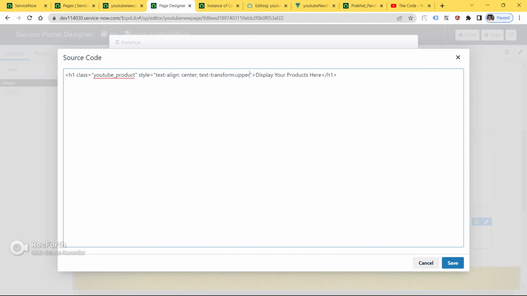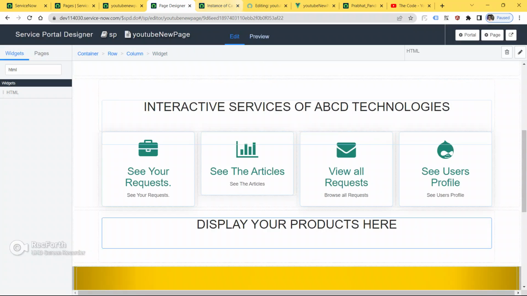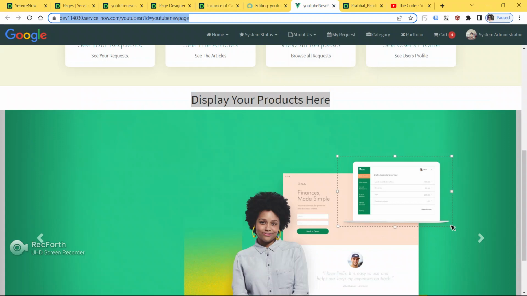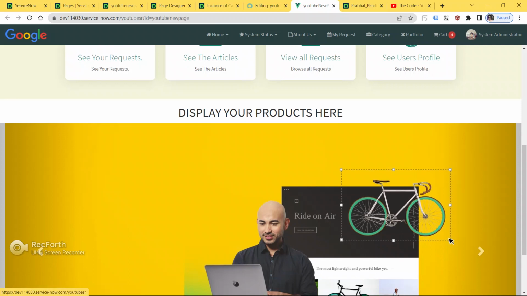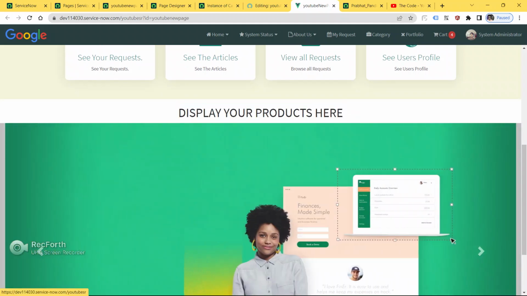Text transform, give uppercase. Save. Click save now. Go here and refresh the page. As you can see here, we got the text display your products here.